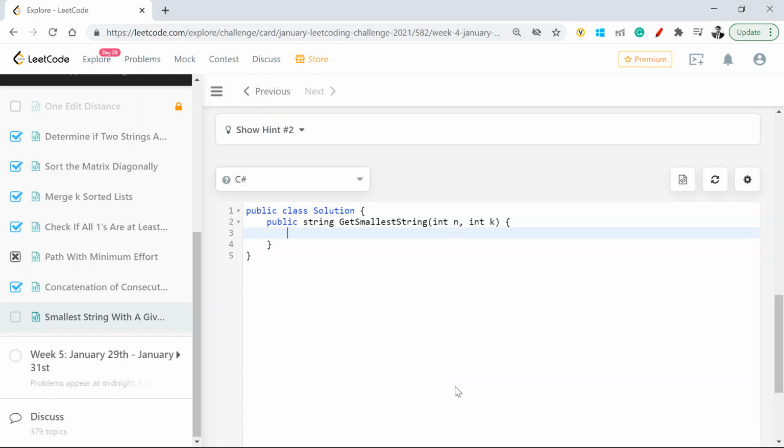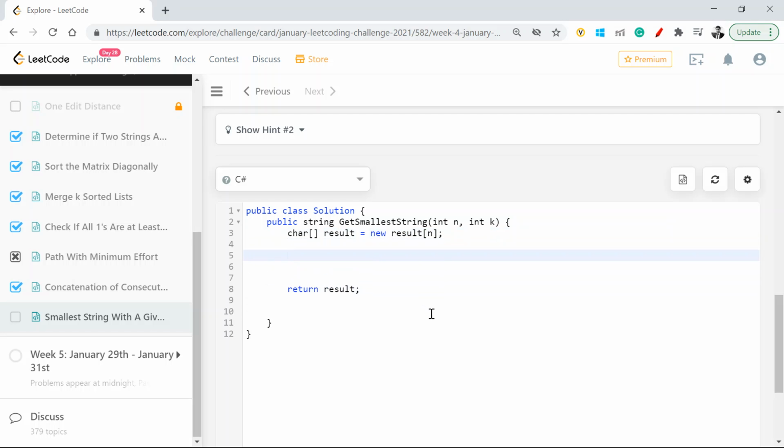If this is not that clear, I think with the solution I'm going to write, it will become pretty straightforward to understand. So let's get on to it. First we'll create a char array to contain the result, of length n, which I'm going to return. This is my result, so I can just say return result.